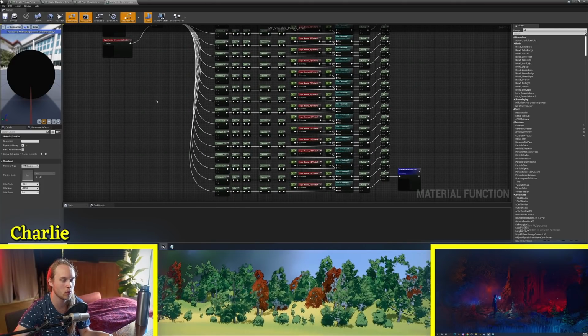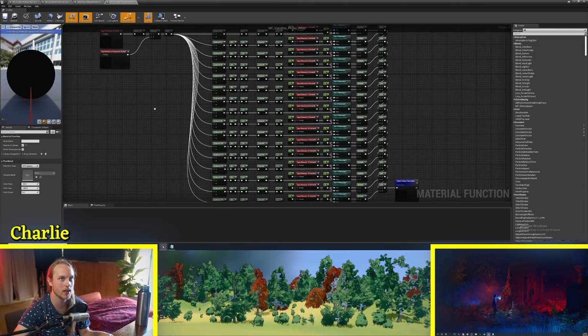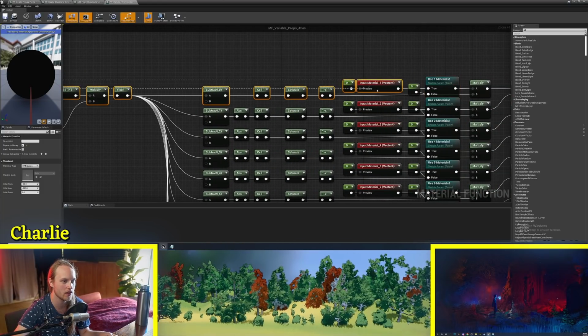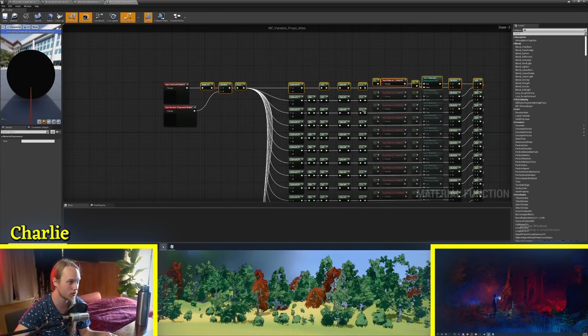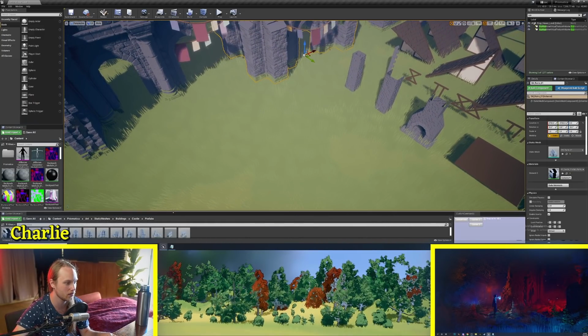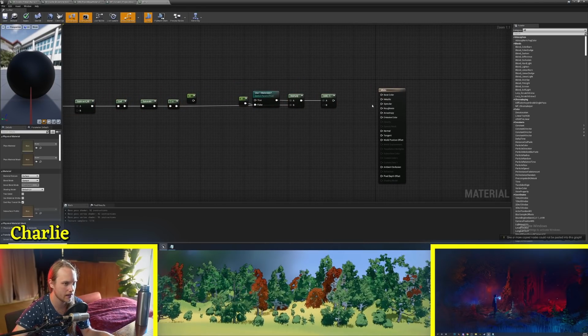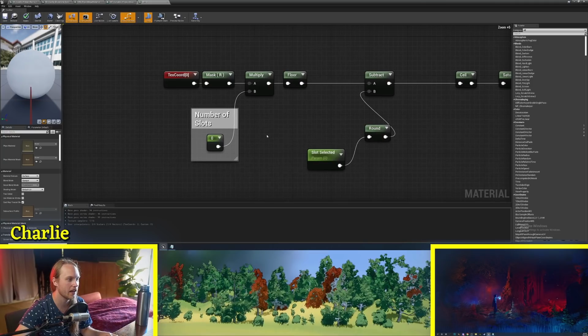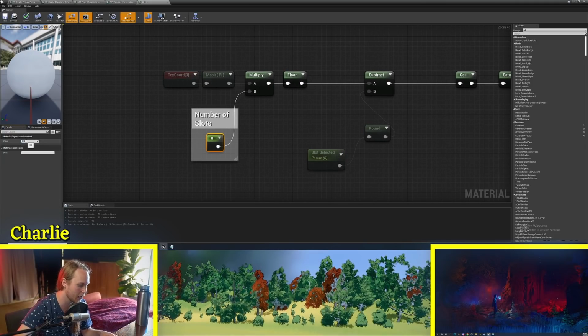So the best way to explain what is going on here is to just copy this, and we're going to make a new material. And let's get our texture coordinates. Okay, so let's just say for this example we have